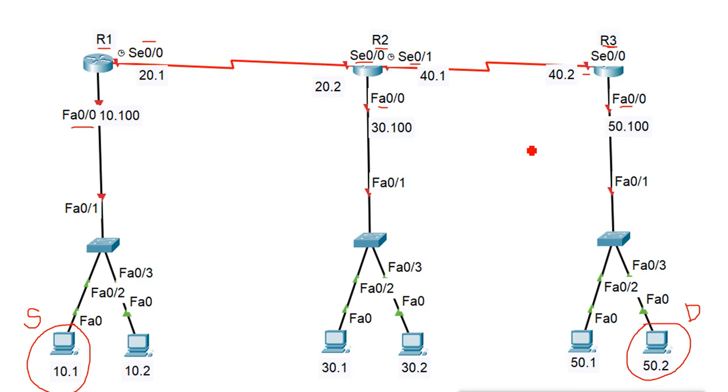The guideline for the standard list is that we should apply the list nearest to the destination. Remember, I am saying destination.